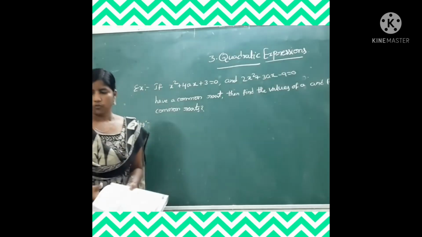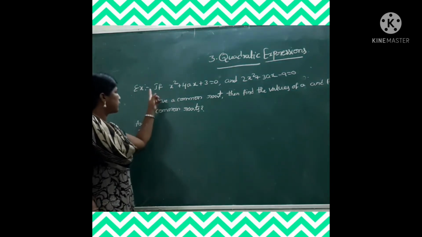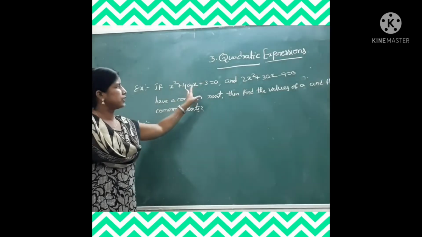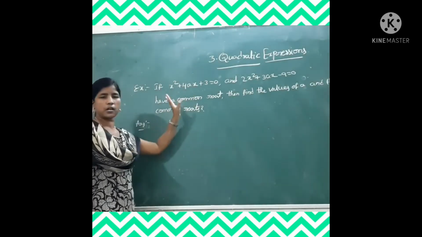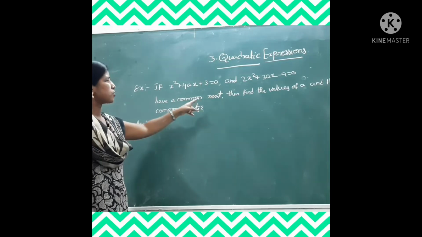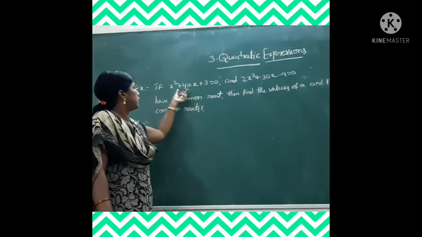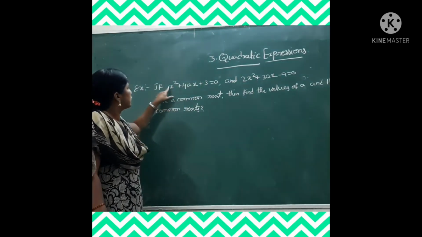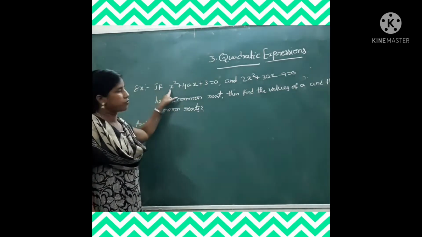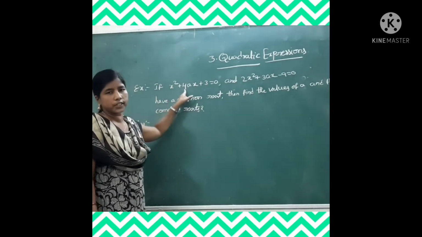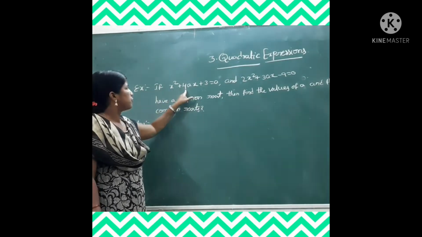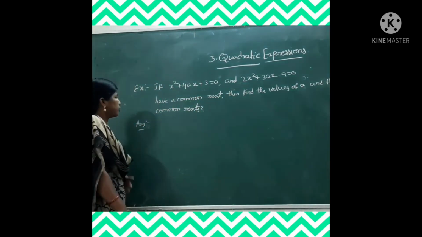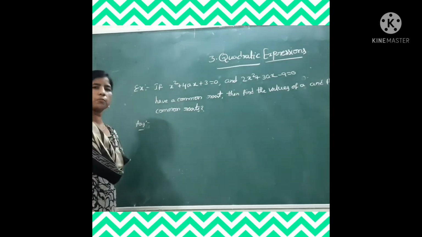See here, what is the sum given? What are we to find? Both given quadratic equations have a common root, and we have to find the values of a. Here the x square term, x term and constant are there. The x square coefficient is 1, and the x coefficient is 4a. This is not a definite value here, that's why we find the a value. Okay, what is the formula of the common root?